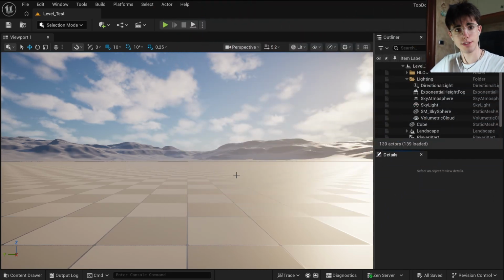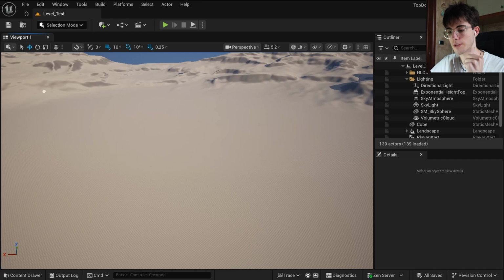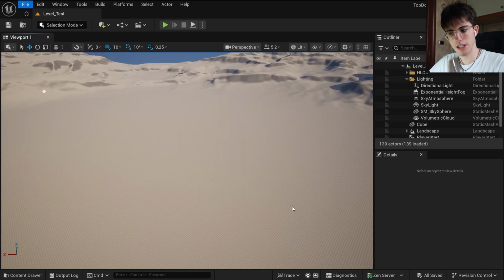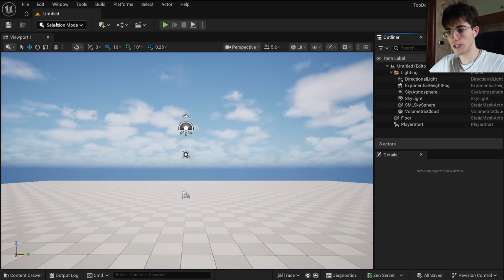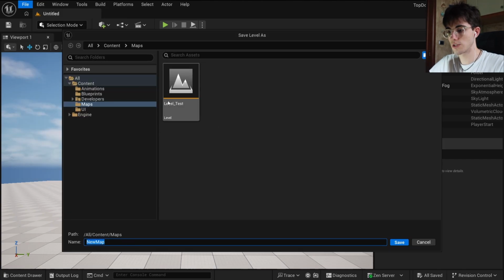Let's build the player. Okay, now we are in the editor and as you can see we have this level, not the level we created in the last chapter. Because in reality we saved this level, so it's the level generated by the engine. So to create another level, go in File, New Level, Basic, the same thing as the last chapter, but now with this untitled one, go in File and choose Save Current Level. So not level test, I will call it start